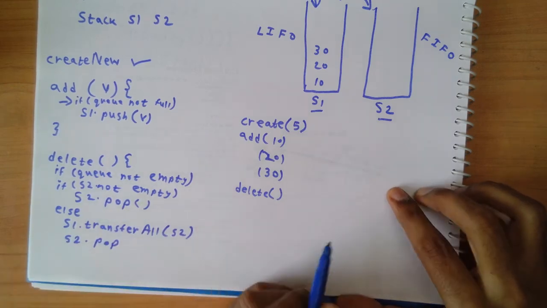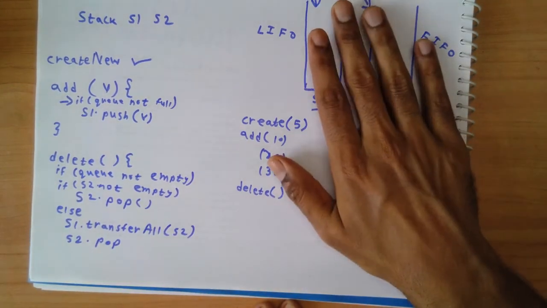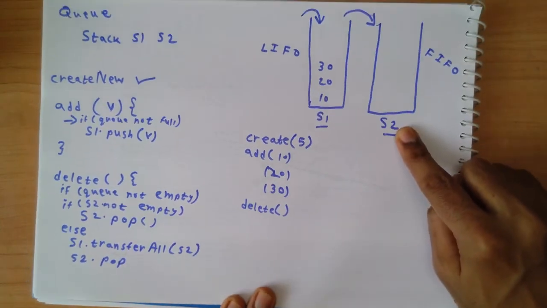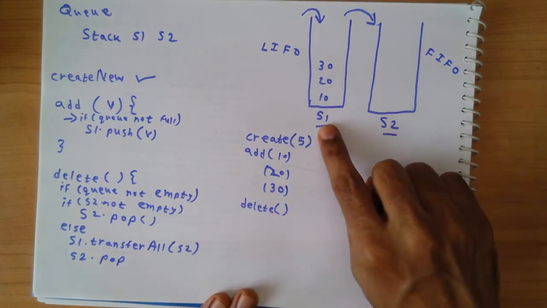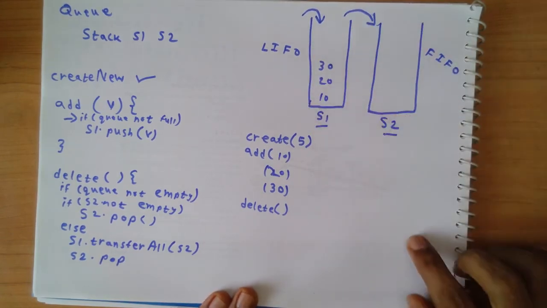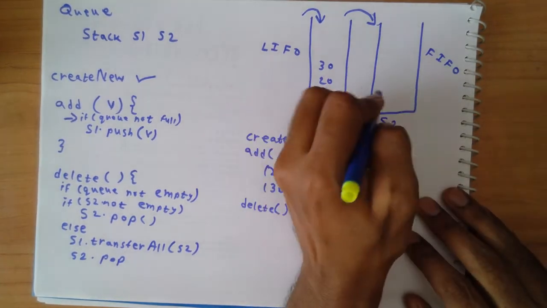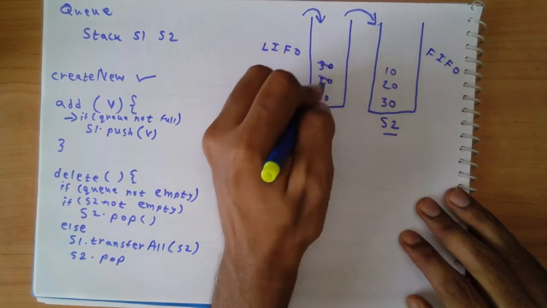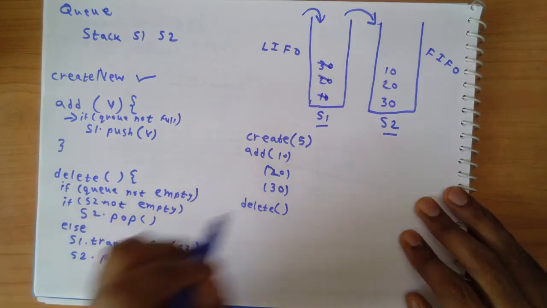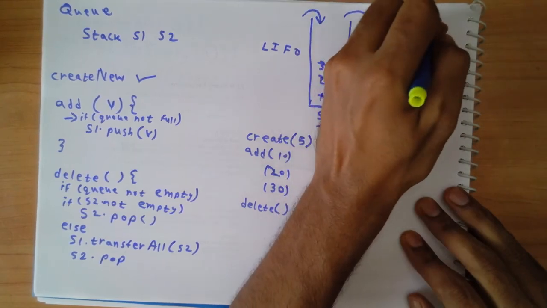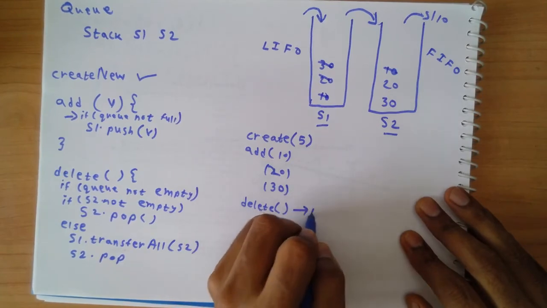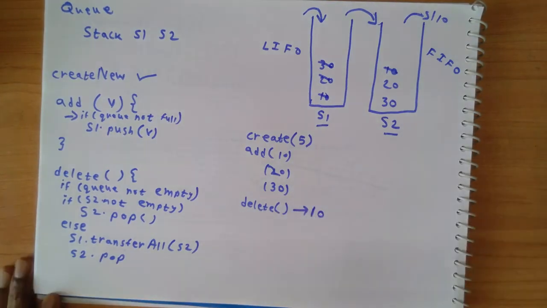So in this case, what will happen is I ask my queue, is my queue empty? The answer is no. Then I ask the question, is my S2 empty? The answer is yes. So I will take all the elements of S1 and transfer them all to S2. Now my S2 stack will look like 30, 20 and 10. All these elements are gone from S1 with the transfer-all operation, and then I do s2.pop and my result will be 10. That's how the result of the delete operation is going to be 10, and that's the logic for our delete operation.